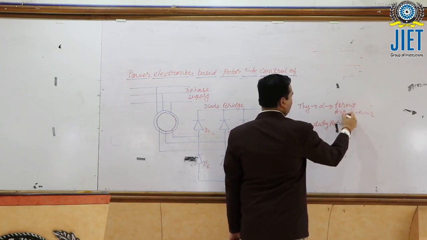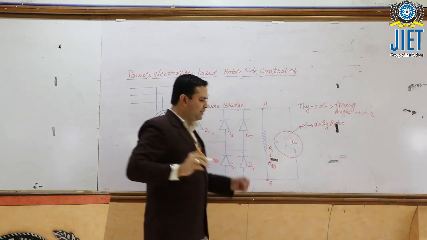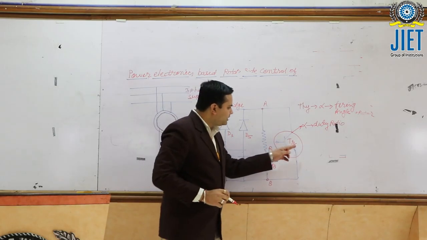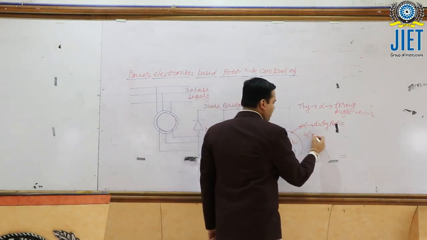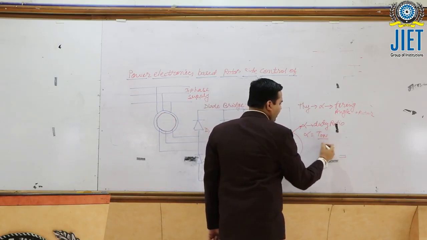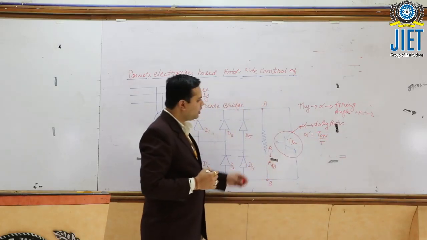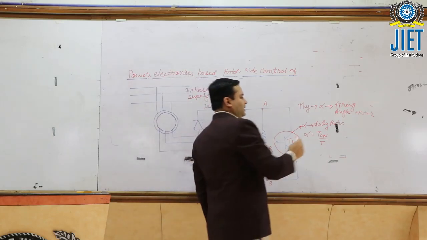So please don't confuse, please get my point, that in case of transistor chopper, the alpha means the duty ratio. This alpha is equal to T on divided by total time T,